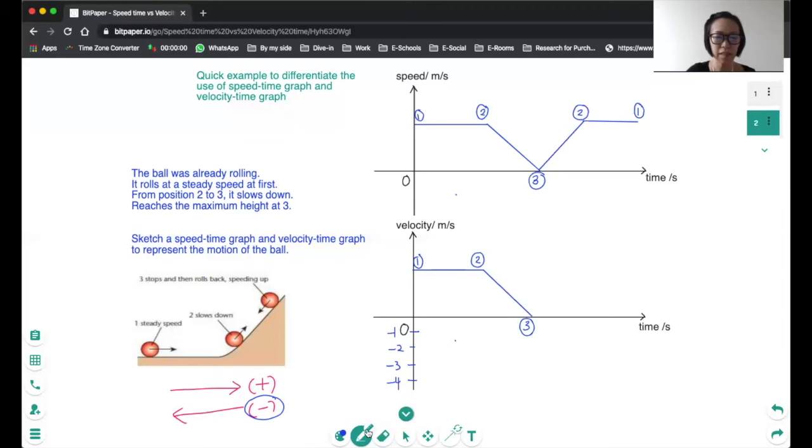After position 3, the ball is going to change direction. So the velocity, although it is accelerating, goes into the negative direction. Therefore, the graph would be negative,